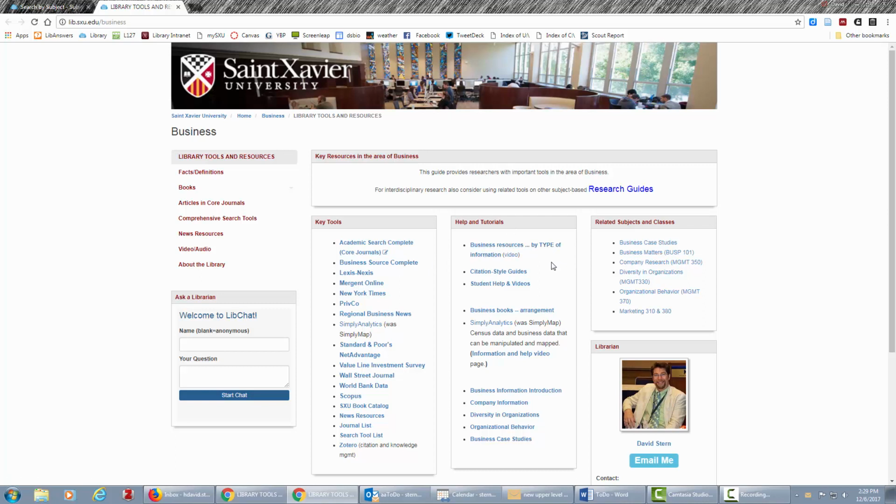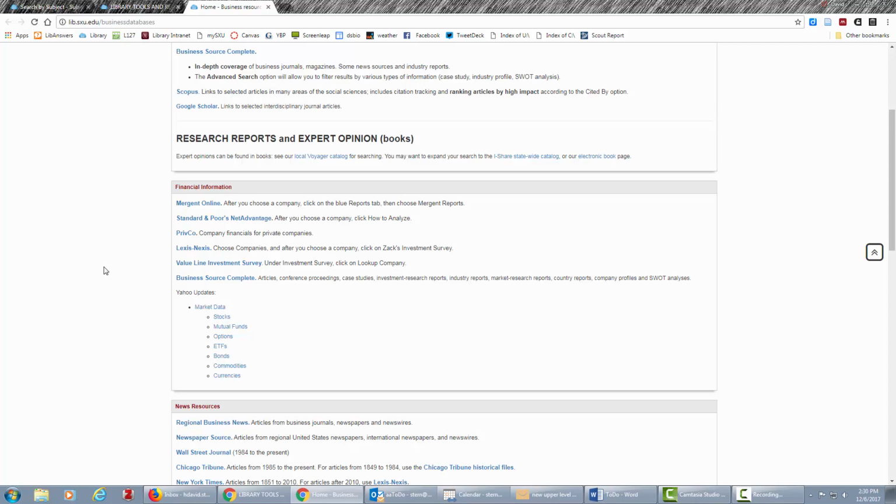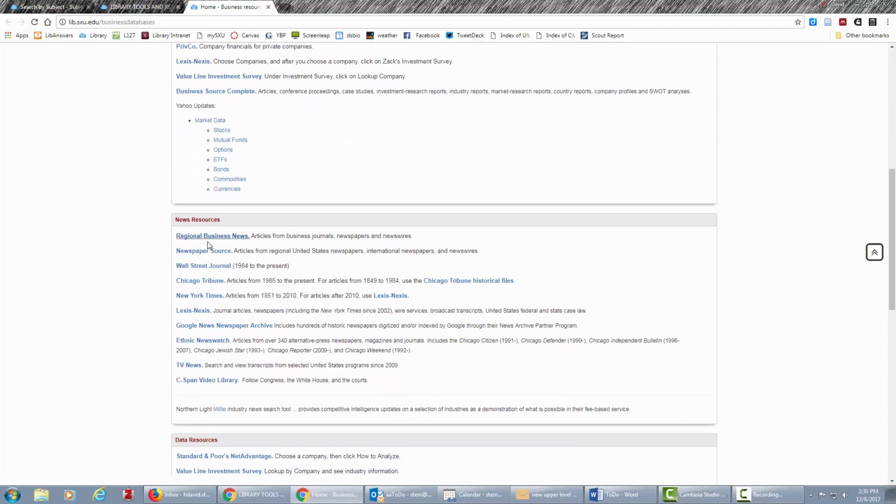So the most important thing to remember about that is that expert opinions are found in a couple of main databases. So let's go to the by type, and we'll say expert opinions found in journals are found in Academic Search Complete, Business Source Complete for more depth of coverage, and Scopus for finding links between things, for finding tracking by citations and other options. We also then talked about especially news being found in a variety of special business sources, Regional Business News and Wall Street Journal and Ethnic News Watch to cover